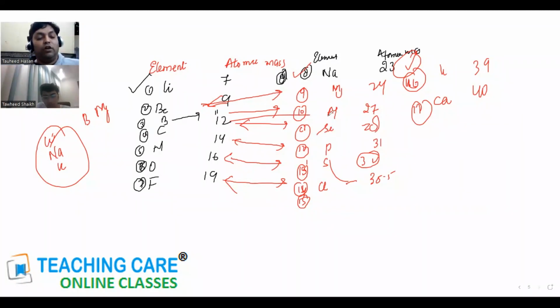Now this law also fails. Why does it fail? Because of the drawbacks of this law. One of the major drawbacks of this law is that in majority of cases it is correct, but this law is applicable